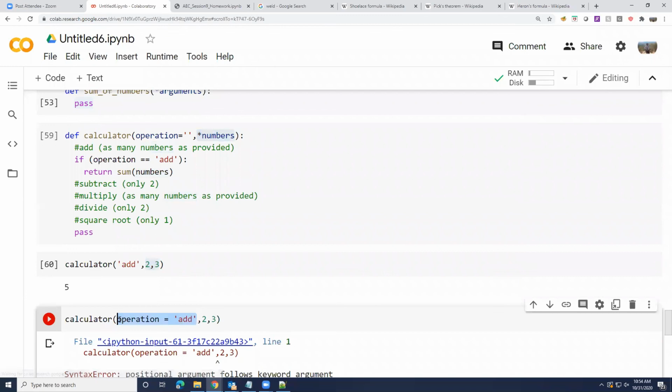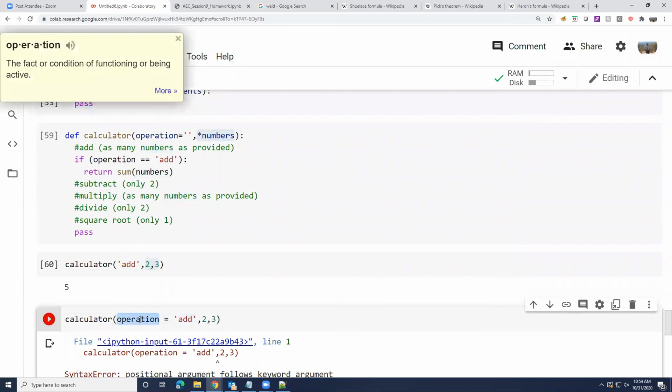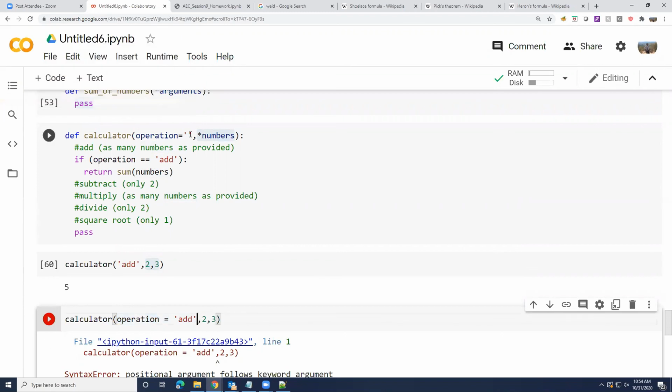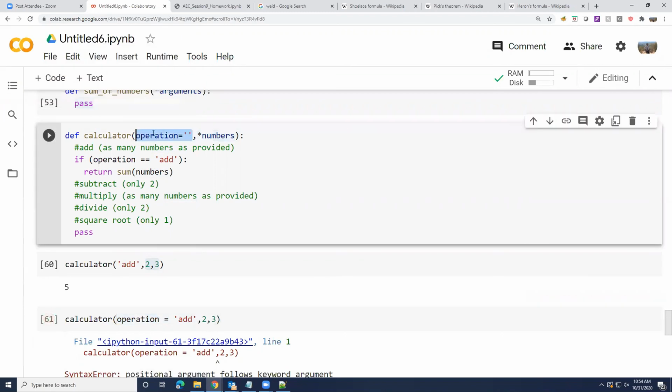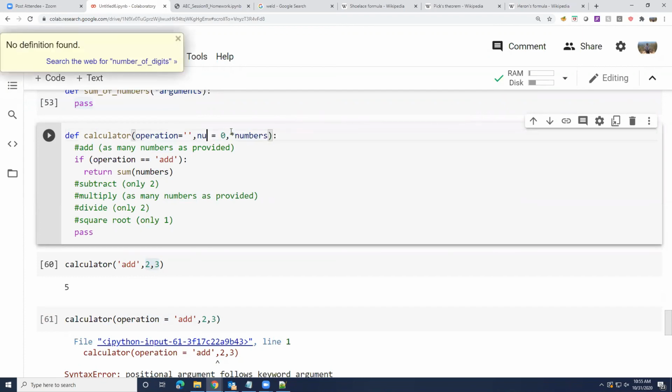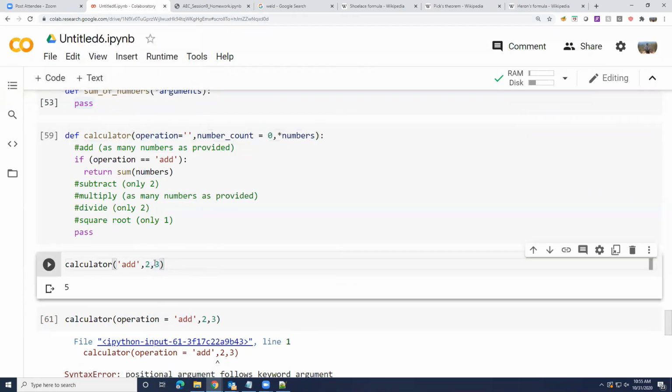But now it's confused because it says, oh, you're telling me to put this into a special variable, but I don't know whether that special variable is the first variable, or maybe this has like 4 variables. So maybe I have operation and maybe some number of operators or number of digits or in number count or whatever. So now it's a little confused, right?